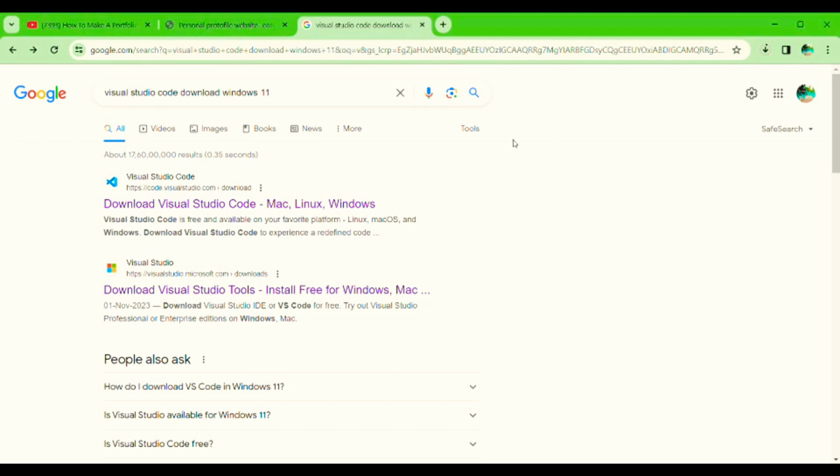Okay, today we will learn how to install Visual Studio. It is very important for web development. It's a very important application. First we go through